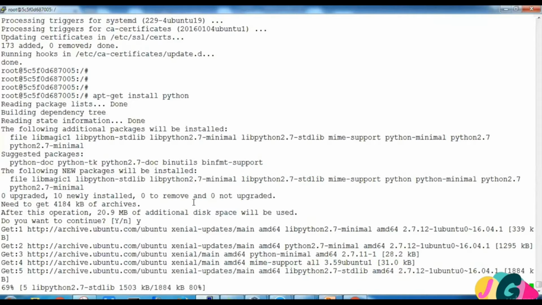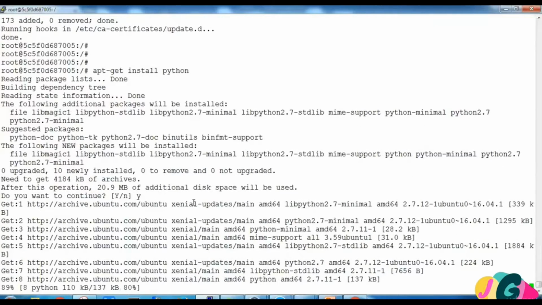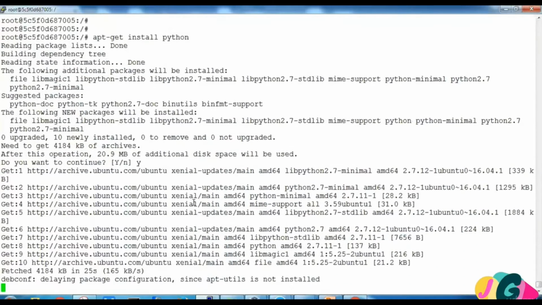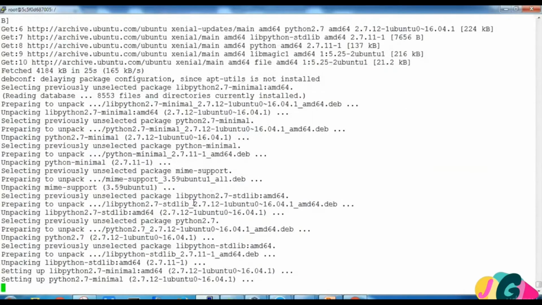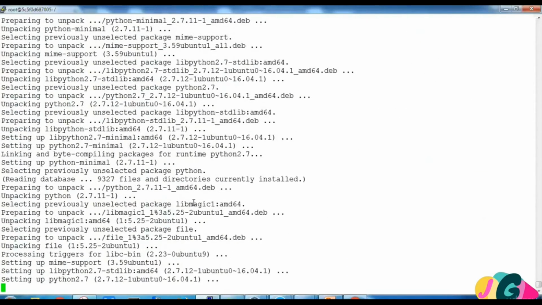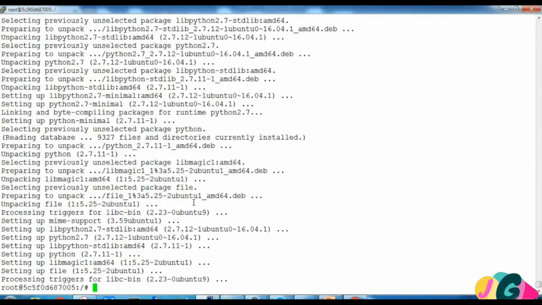So definitely once we exit from this container, all this effort, all the time we have dedicated to install these two packages, is going to be wasted. The reason is that all the configuration is not going to be stored anywhere.